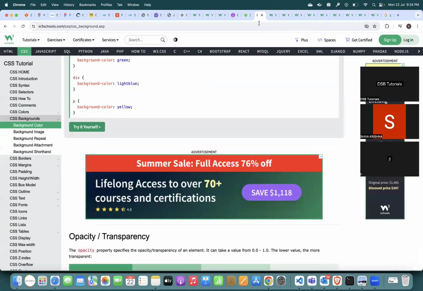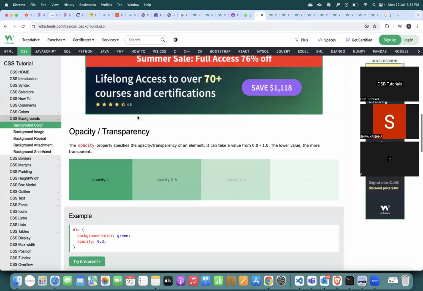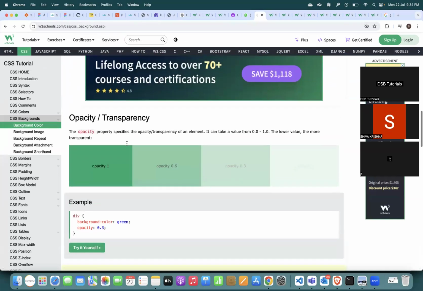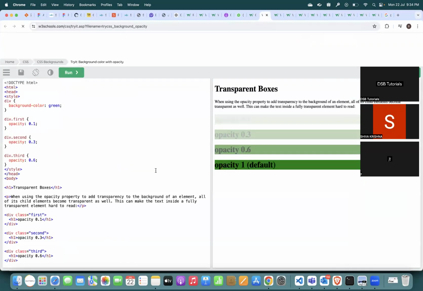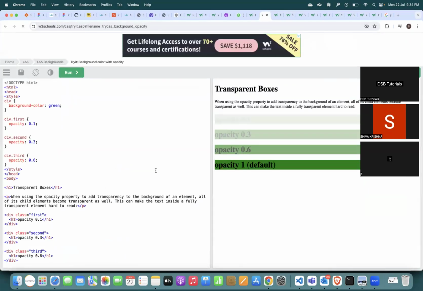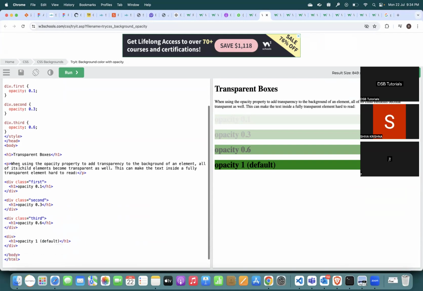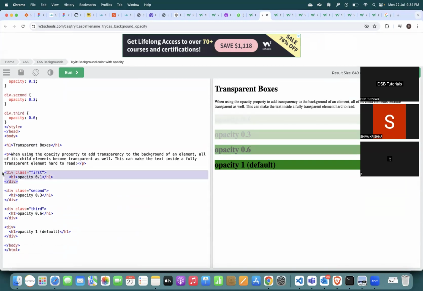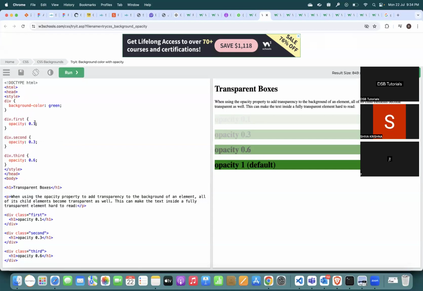So this is about background color. Okay, so we discussed the opacity. The opacity range is always 0 to 1. 1 is the default opacity. For example, this is written for the first div, second div, third div. If you see here, this is one div, this is the first div, second div, third div. If you keep increasing, for example, I am adding for this one, they are writing here, this is